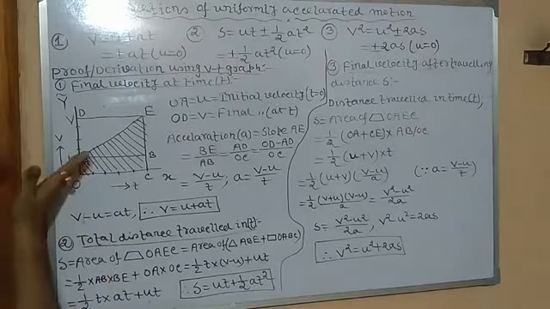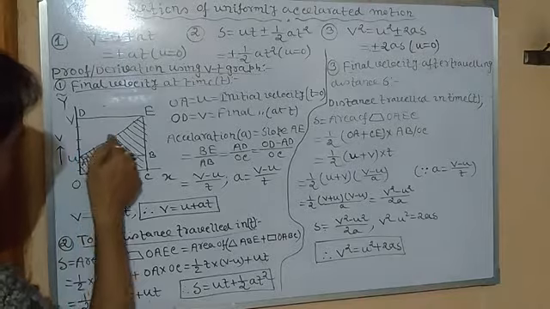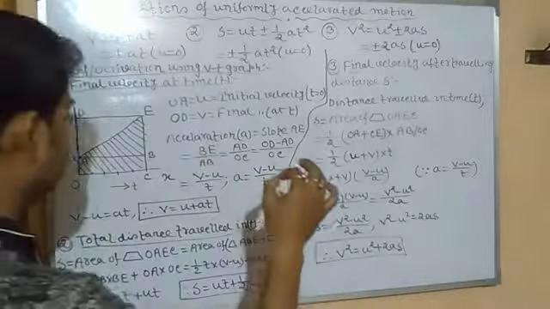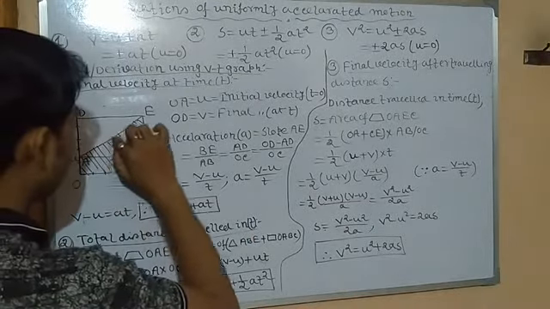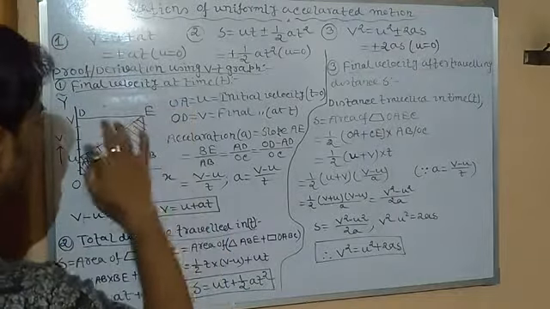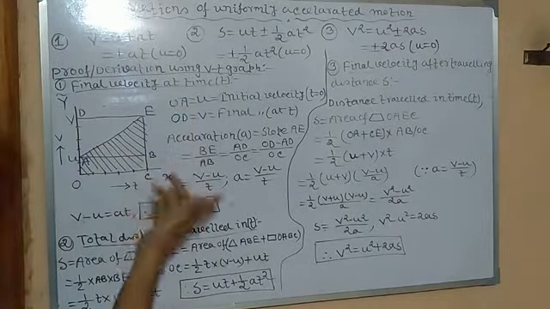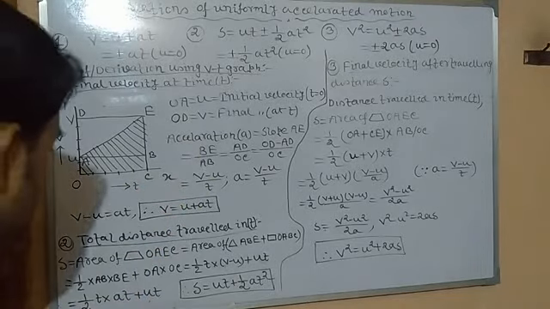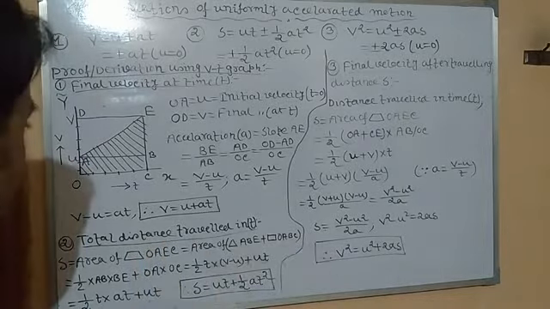In this case, it is starting from here, and since velocity is changing by an equal amount in equal intervals of time, it is a straight line. It means velocity is increasing at a constant rate, so obviously it will create a slope. Slope means tan theta. From the velocity-time graph, we can get both displacement and acceleration of the particle.